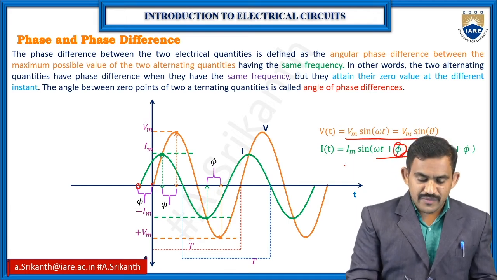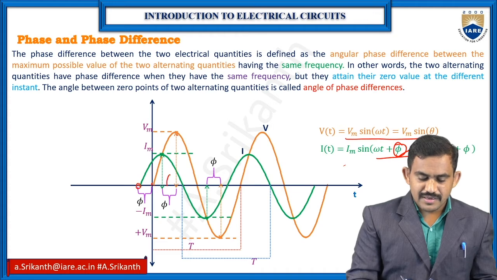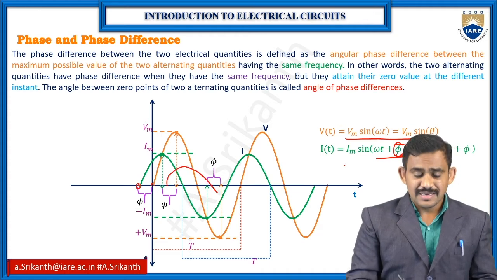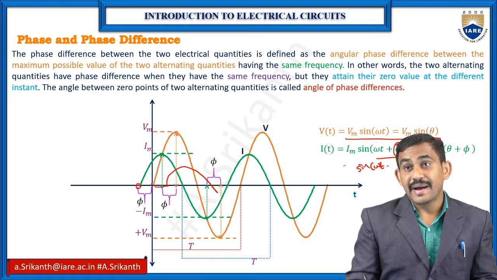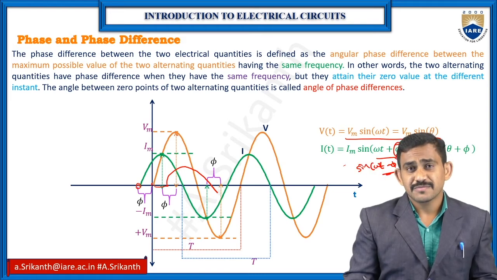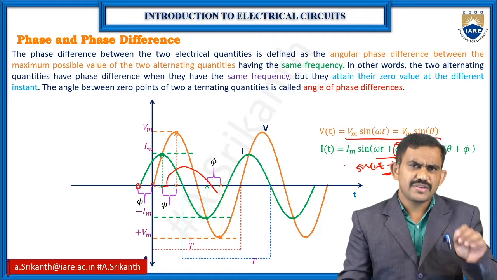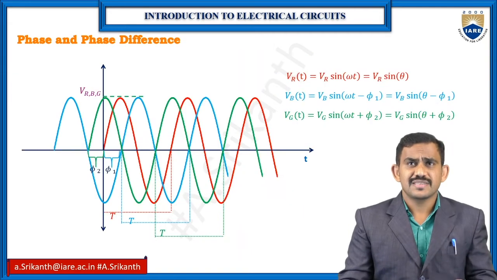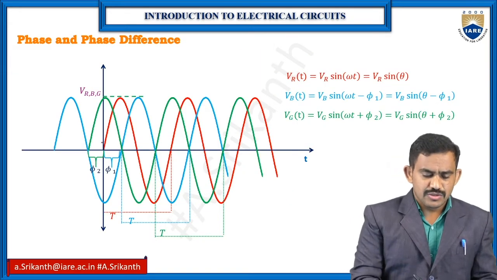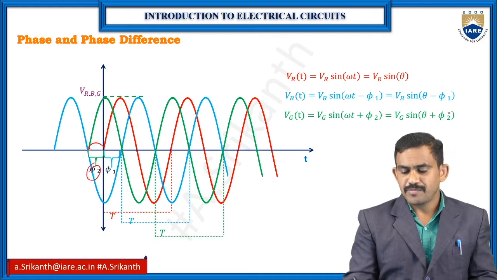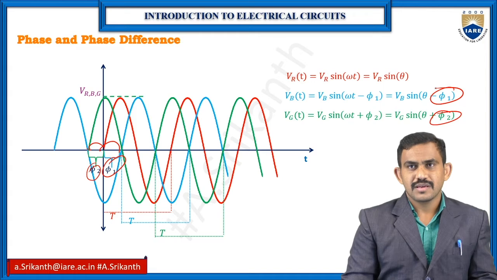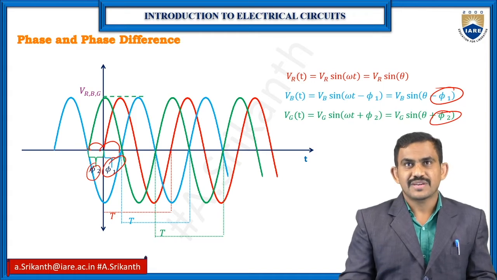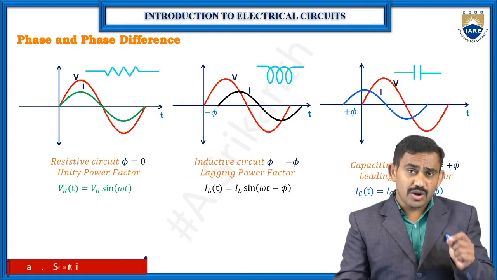If suppose my waveform started after here, then it is sin omega t minus pi. So it is a minus value. This is the small difference between the phase differences, and you can observe here also. Before we have the plus, and after we have the minus. Okay, so this is about phase and phase differences, and we have one more logic on phase and